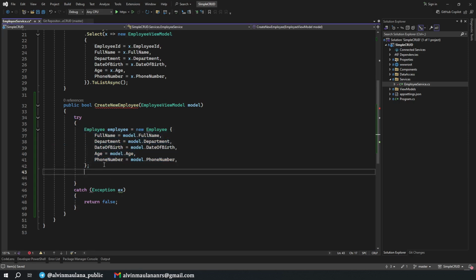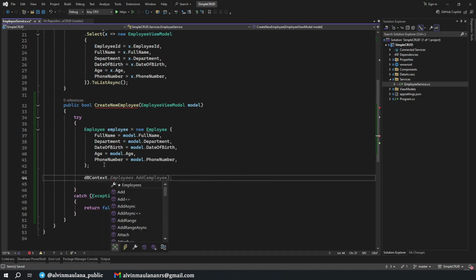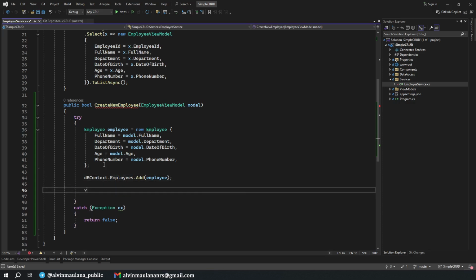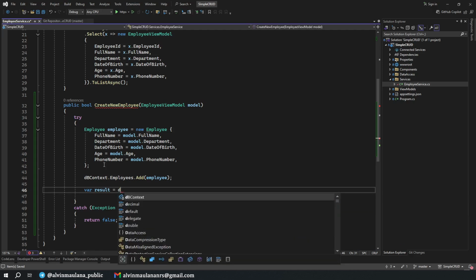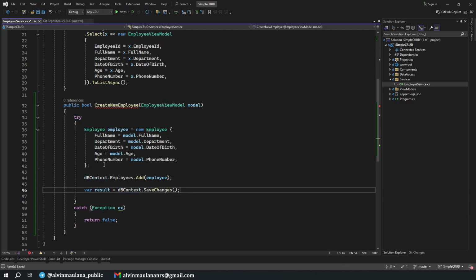And then what we have now is we need dbContext.Employee.Add. Okay, nice. And then we need to check the result. var result equal to dbContext.SaveChanges. If there are any changes in our database, or we successfully submit this employee to the database, it will return 1 because we only submit one data in our database right now.